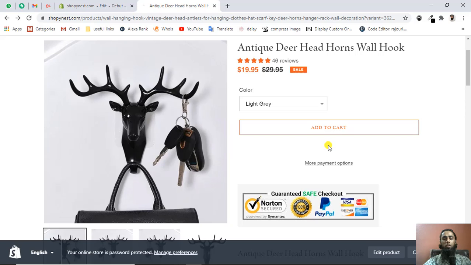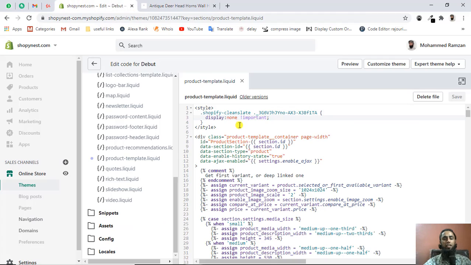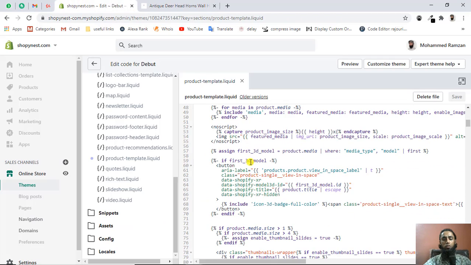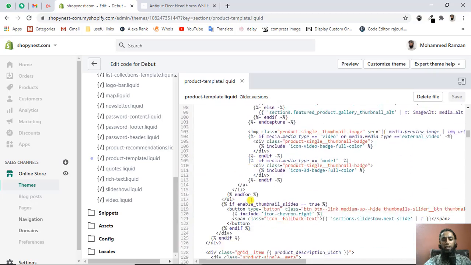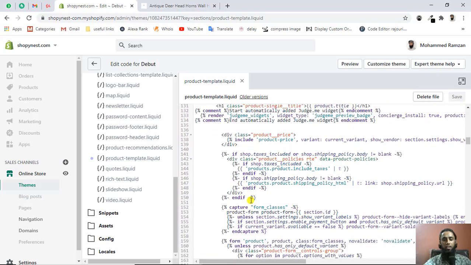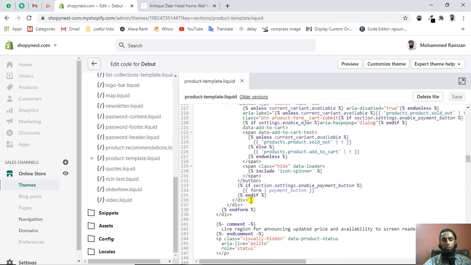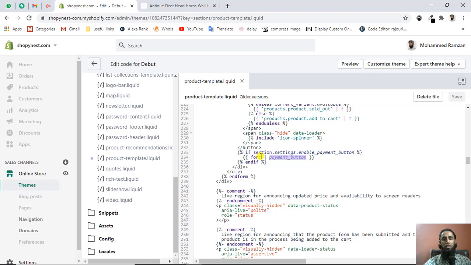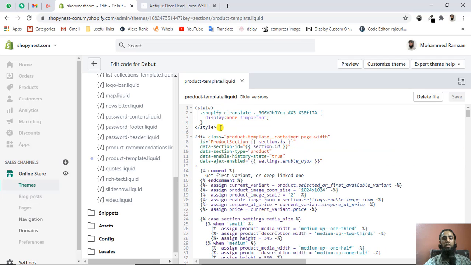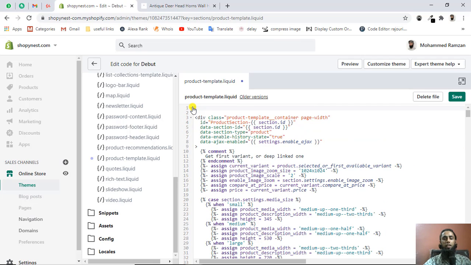So one way was this one, and another way is that you have to scroll down, and you will get one line of code, let me show you, payment button. So you can see that we have a form payment button. One thing you can do is comment this payment button. So for example, I am removing this styling from here, and let me save this code